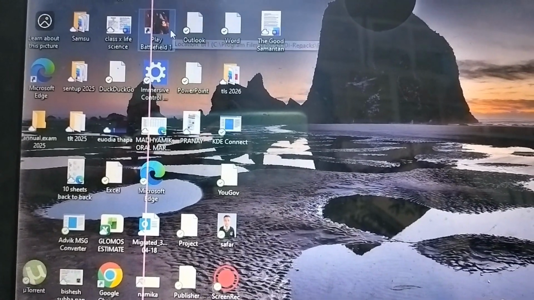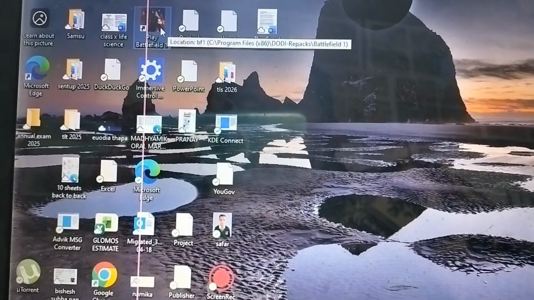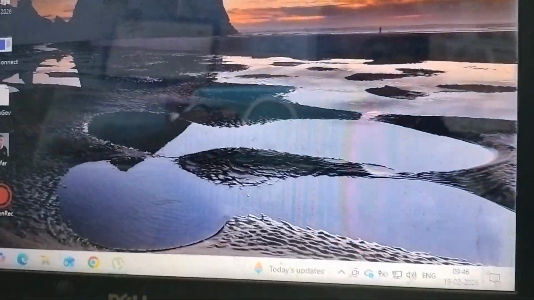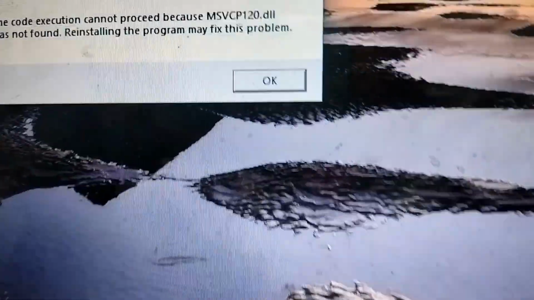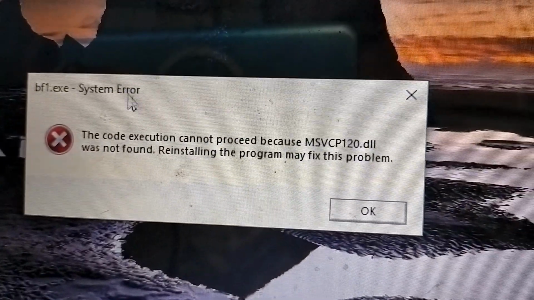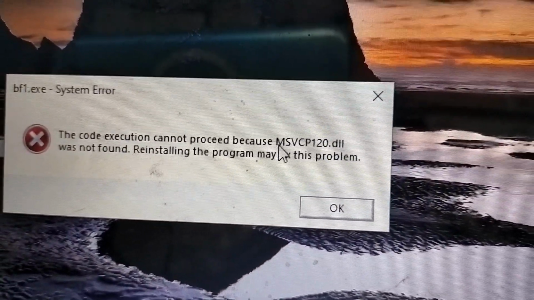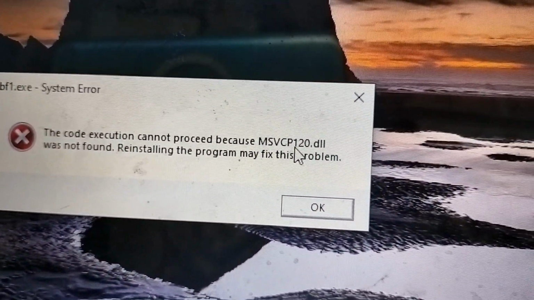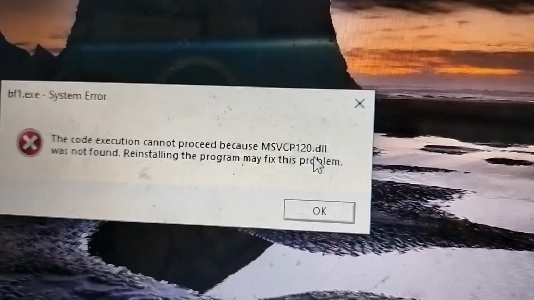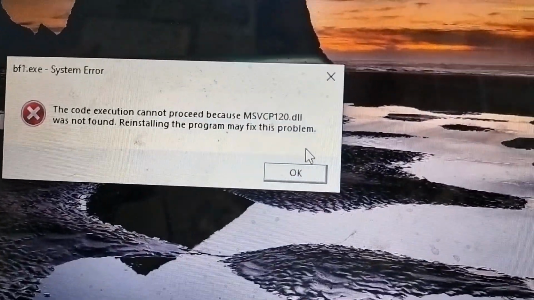So here is my Battlefield 1. Okay, so you can see the error message. This is because of MSVCP120.dll. Okay, let's get started